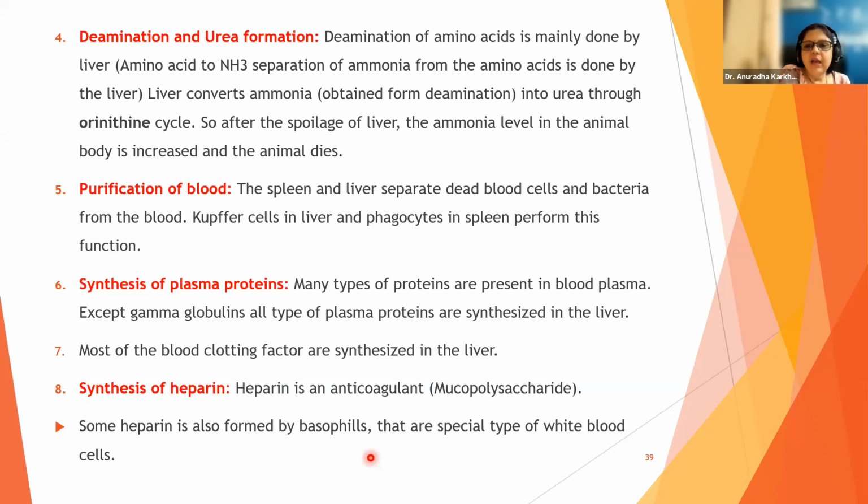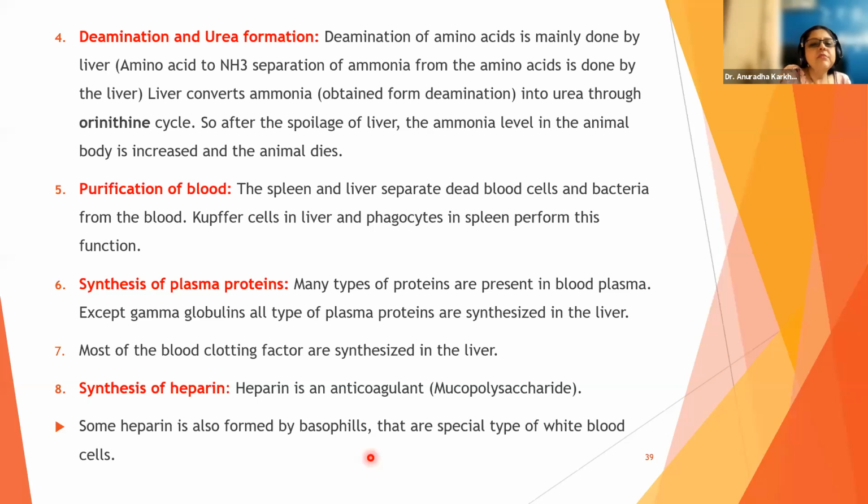The liver converts ammonia into urea through the ornithine cycle. There is a cycle called the ornithine citrulline cycle. It is not in your syllabus, but in future studies, you'll have the ornithine citrulline cycle. It cannot convert ammonia directly to urea. It will first convert it to ornithine, then to citrulline, and from citrulline to urea. It's a stepwise process, not in your syllabus, so don't worry as of now.